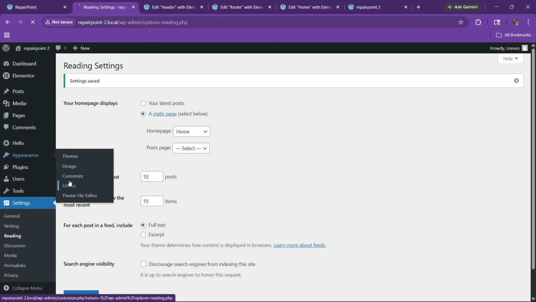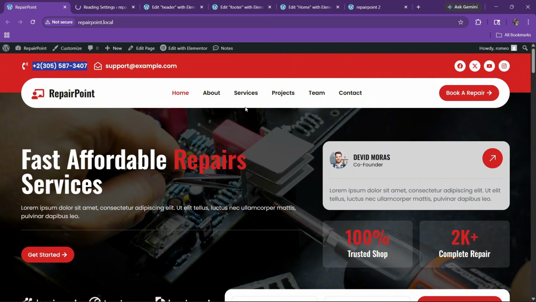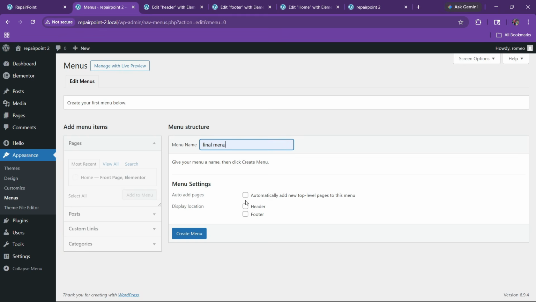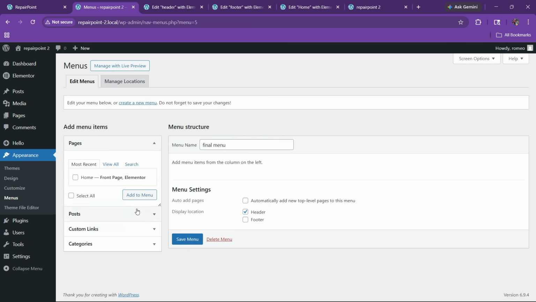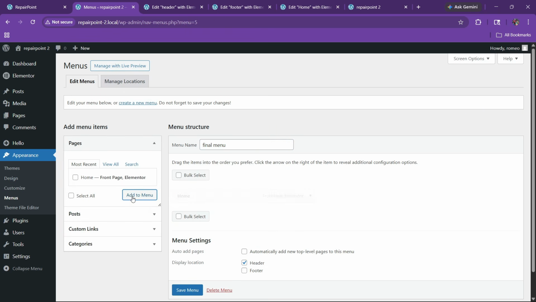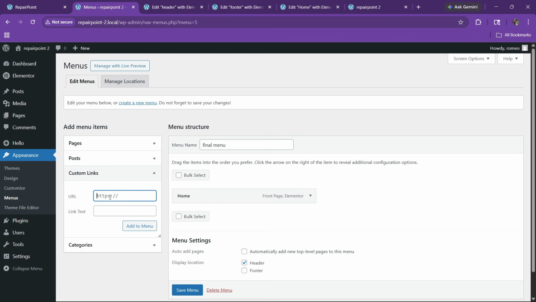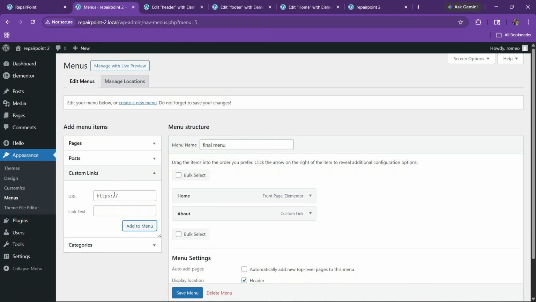So first we have to go to the menus and we have to add some menus. Like here you can see we have home, about, services, project, teams. So let's create some menus here. Add create menu. Okay, here we can add a home. Here also we can add about. So these are the CSS ID to redirect to their particular section. About, services,